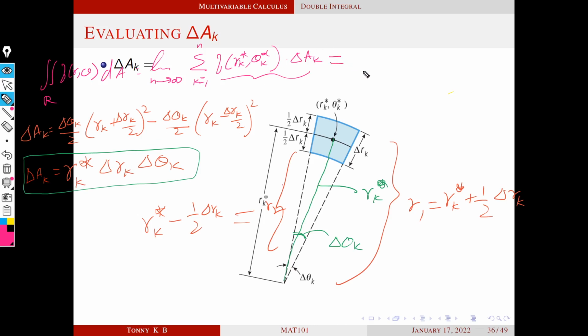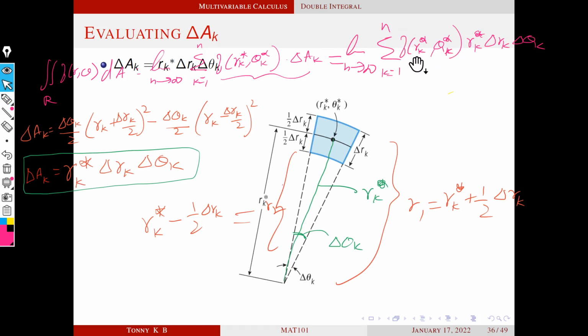So this becomes limit n tends to infinity, sigma k equal to 1 to n, f of rk star, theta k star. This delta Ak becomes rk star delta rk delta theta k. So what is the analogous notation of the double integral, similar to our double integral in x